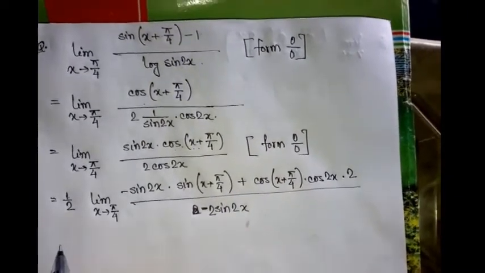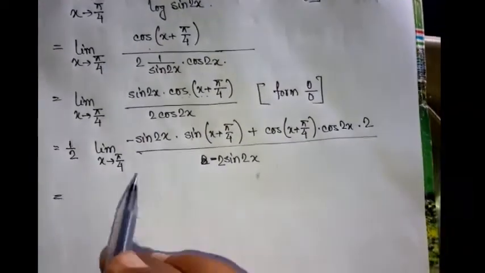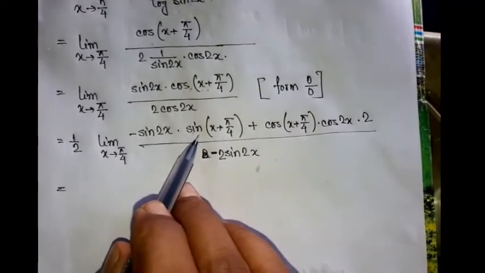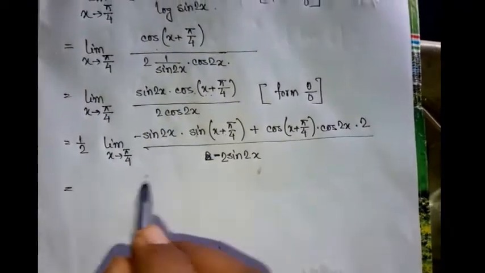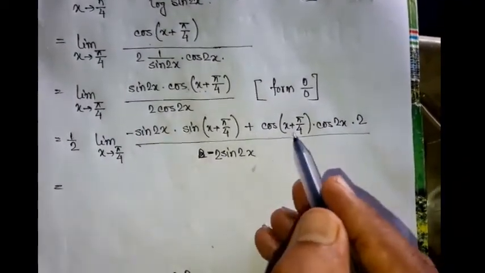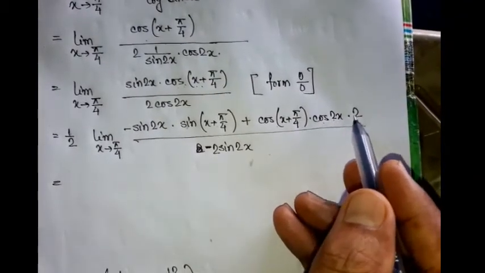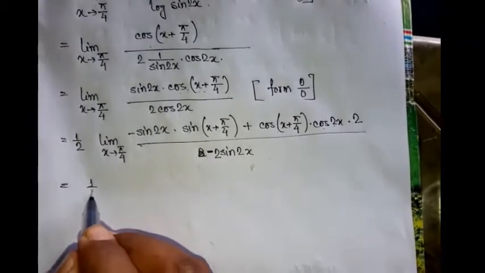Very good. Now try to put the value pi by 4: sin pi by 2 means 1, so numerator is 1 plus, here cos pi by 2 is 0, times 2. Very good. So 1 by 2